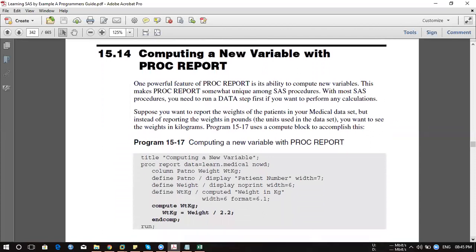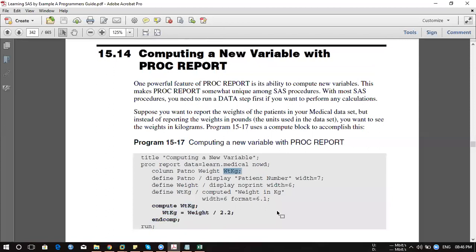Now this is computing a new variable, which we have talked about. Earlier I said in a proc report you won't be able to use an if condition. But now you can create the computed block section. In a proc step we don't have any option to create the variable, but if you're using proc report, define your variable in the column section.